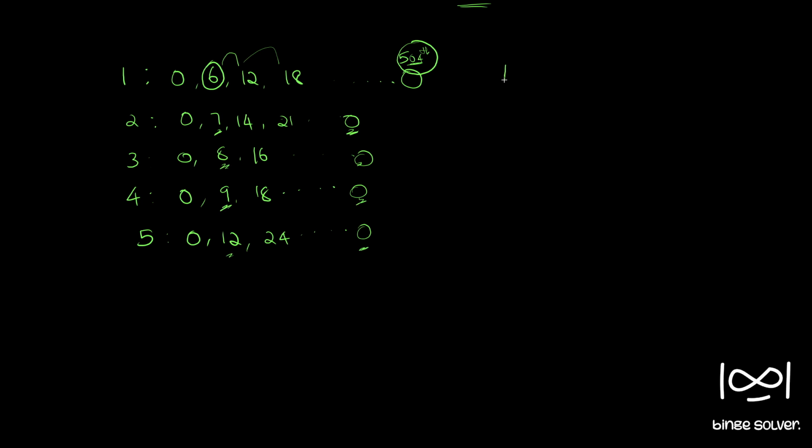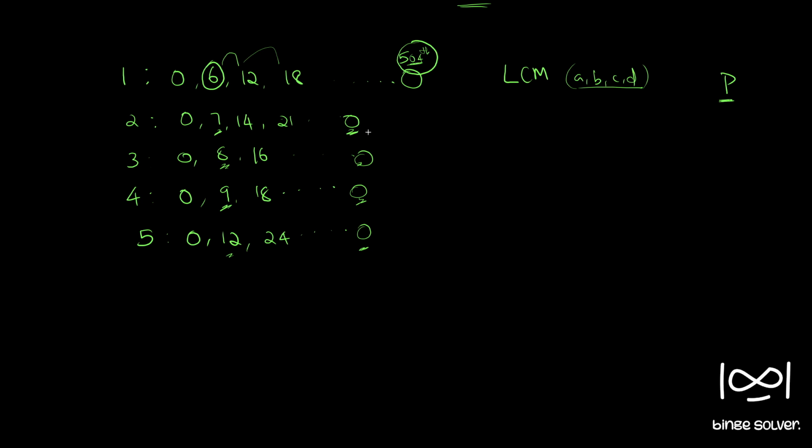So what is LCM? If you find the LCM of a few numbers, that number will be divisible by all these numbers. So say we have A, B, C, D. We are finding the LCM of these 4 numbers, and say the LCM is P. So what is the specialty of P? P is the smallest number that will be divisible by A, B, C, and D. So that is the concept of LCM.